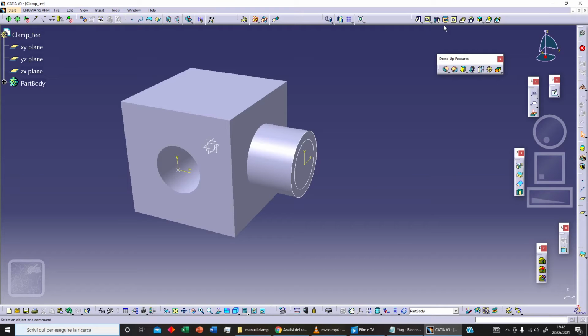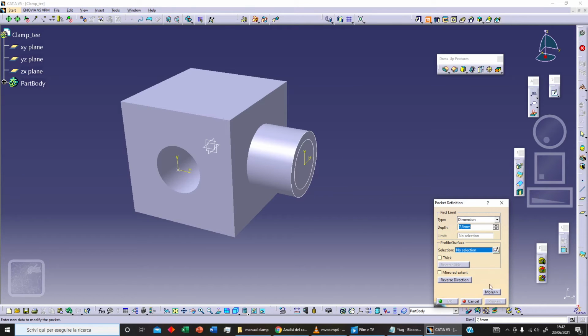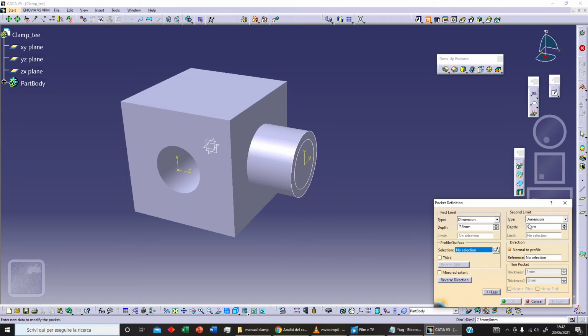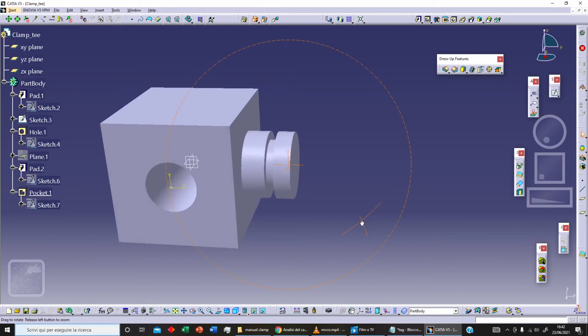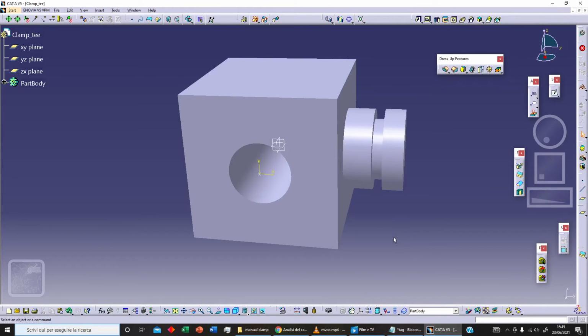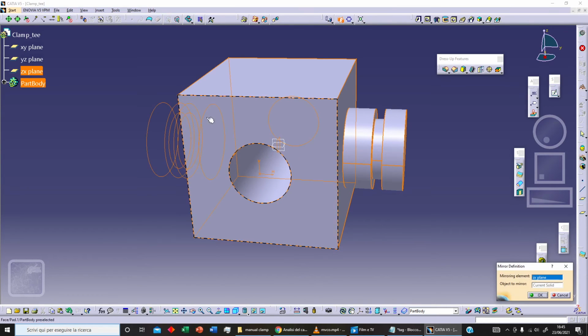And now we can click on pocket, but we want pocket with two different limits. Let's select our first depth, let's say -3, and at second we can say 2. OK. As a selection we can select our sketch, and we can reverse the direction. Let's click on preview and OK. And now we can select our whole part body. We can click on mirror, and we can use our Z x-axis as reference, and we can